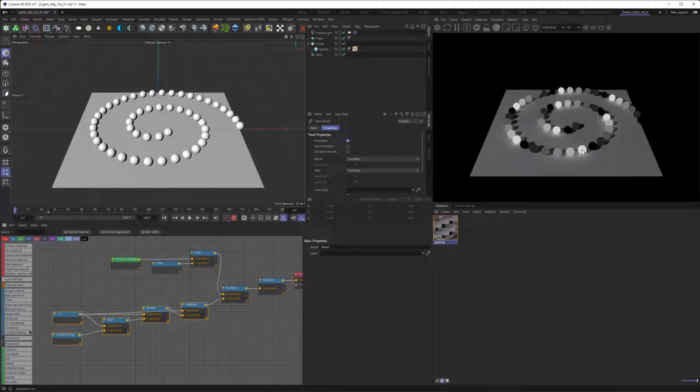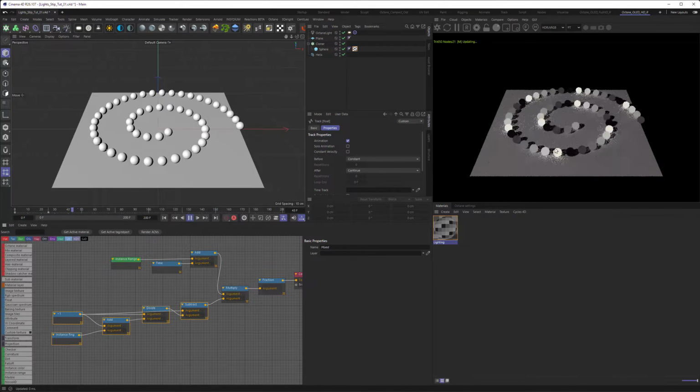I know this can be confusing, but therefore you have the scene to download. You don't have to understand it. So once we've done that and we hit play here, you can see that we now get a much cleaner representation of our movement, and we don't ever have two black spheres next to each other.